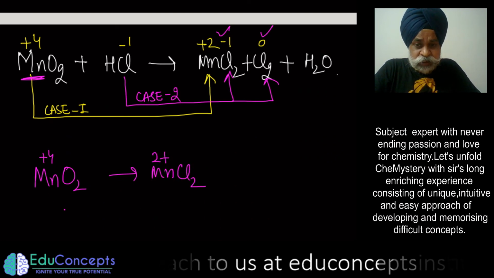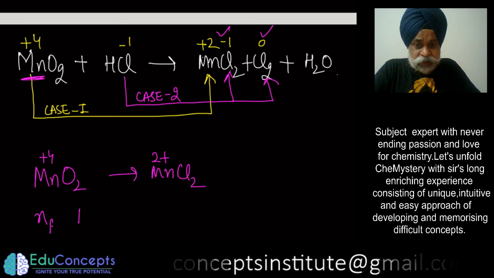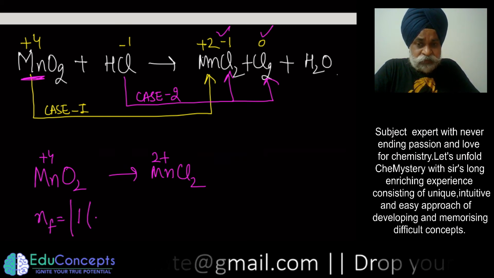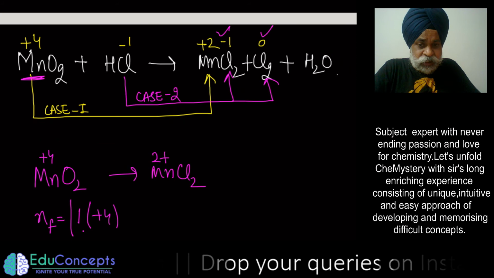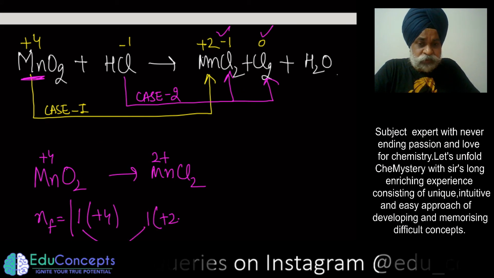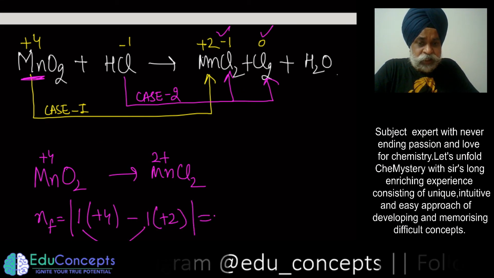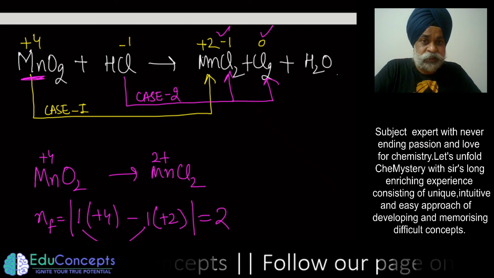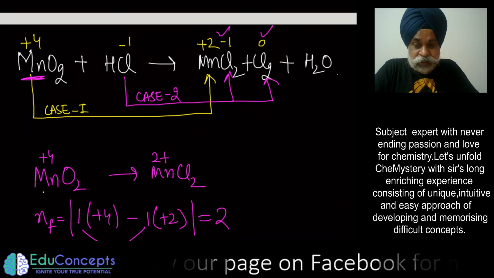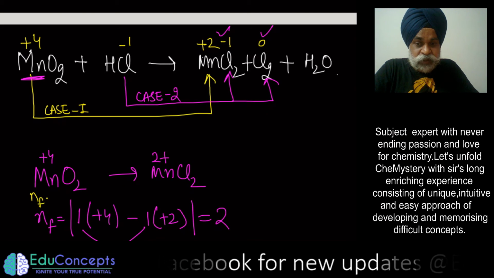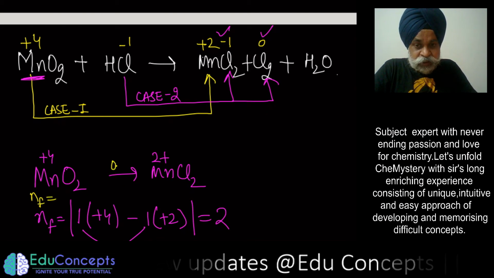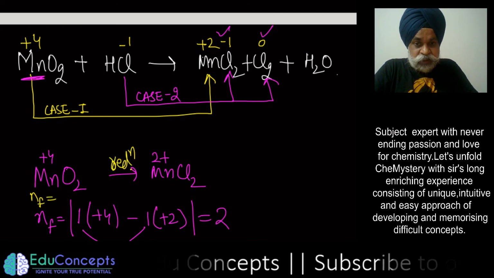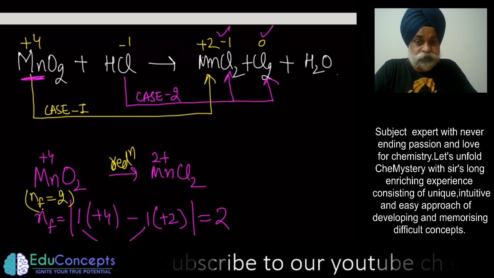Mn2+ positive. So there is one manganese, whose n factor can be found: one manganese which is in +4 oxidation state, and that one manganese is going to +2. So that means it has the n factor 2. What does that mean? Or you can do it with balancing also, that the n factor for this as an oxidizing agent, because it underwent reduction, is 2.